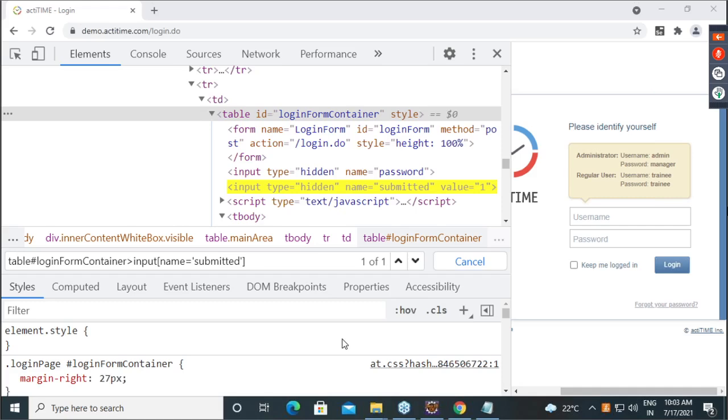Now here, why again I am saying it is confusing. The people who don't know, they will think, okay, login container greater than name submitted, how it is finding? Basically, that is not greater than symbol here. That is nothing but a symbol to go from parent to child. Clear with this? Confirm? And with all these factors, the two limitations are there for CSS.